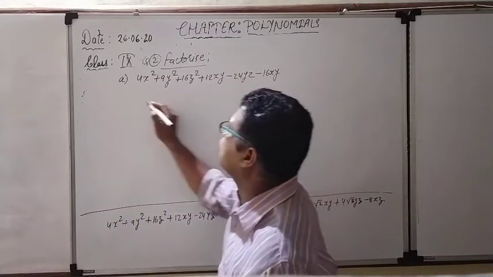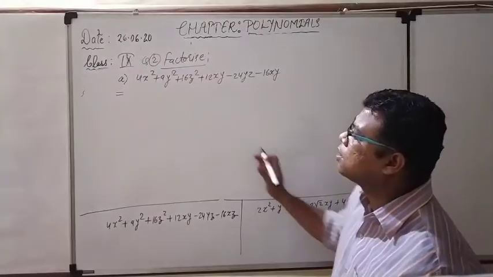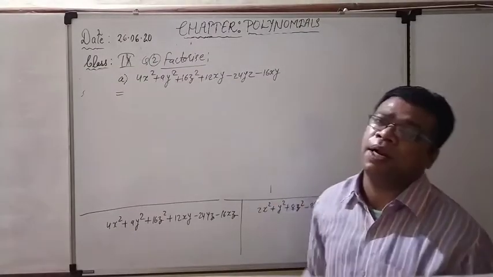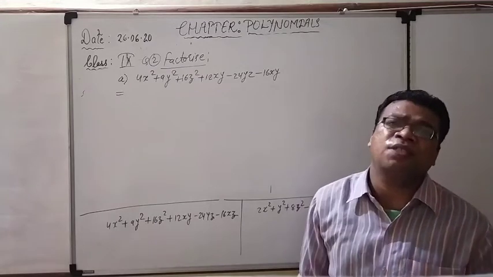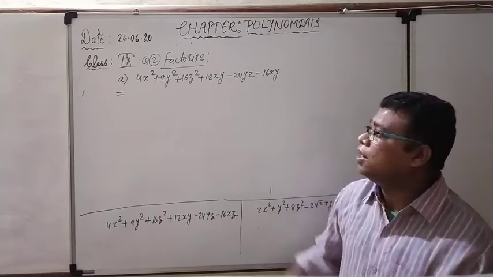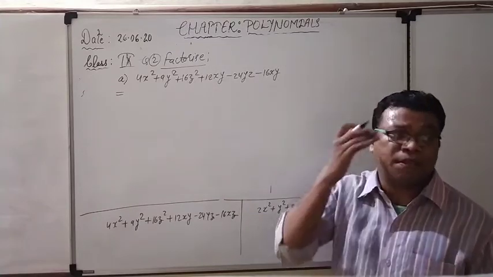Look at this particular question. Right now how to apply the formula, how to go for the suitable identity, what is the trick? The trick is very simple. First look at the question. What is this? This is coming in the square format. So anyhow you will come to know it is a square plus b square plus c square form. Right now it is not yet in the form of a square plus b square plus c square.